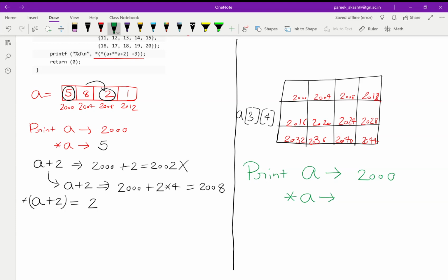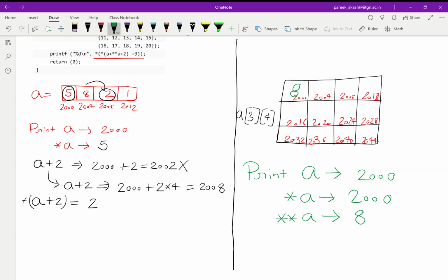As it is a 2D array, star of a will not give us the content at location 2000 as it did previously in the 1D array. Star of a will also give us 2000. It is star a which will give us the content at location 2000. Suppose at location 2000 I have 8, so it will give me 8.